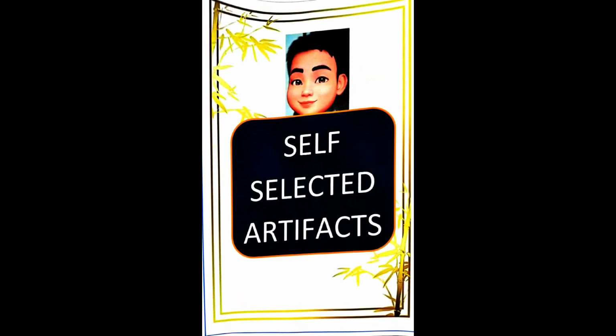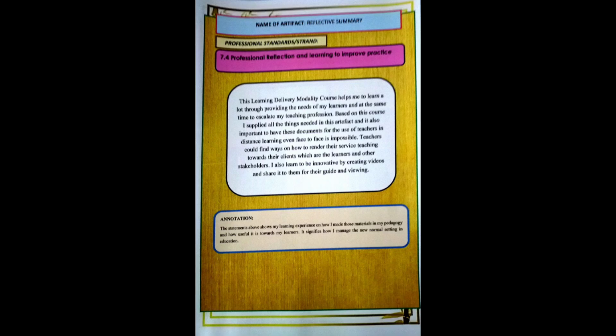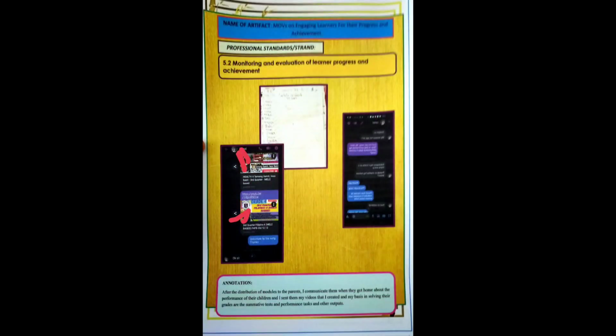Next we have the self-selected artifacts, and it has artifacts that contain the reflective summary, and here it is with annotation. What I put here is yung mga nalalaman ko at mga na-experience ko sa pagsagot nitong LDM at sa pag-face ng normal education. Ang susunod na artifact ay tungkol sa modes of verification on engaging learners for their progress